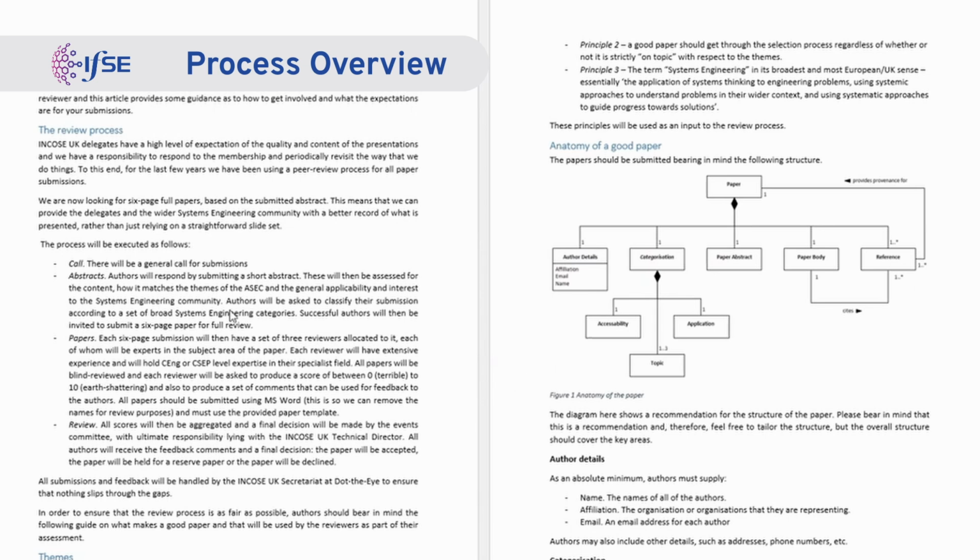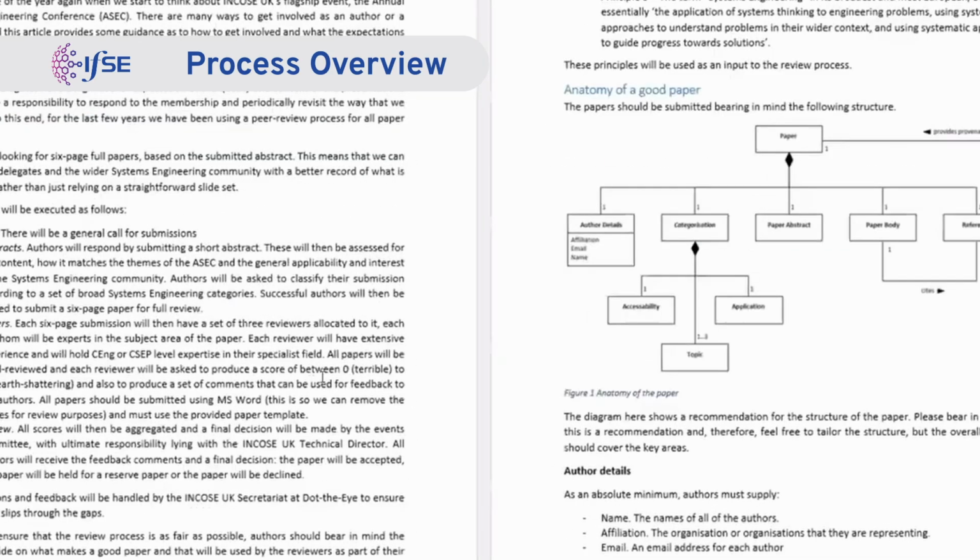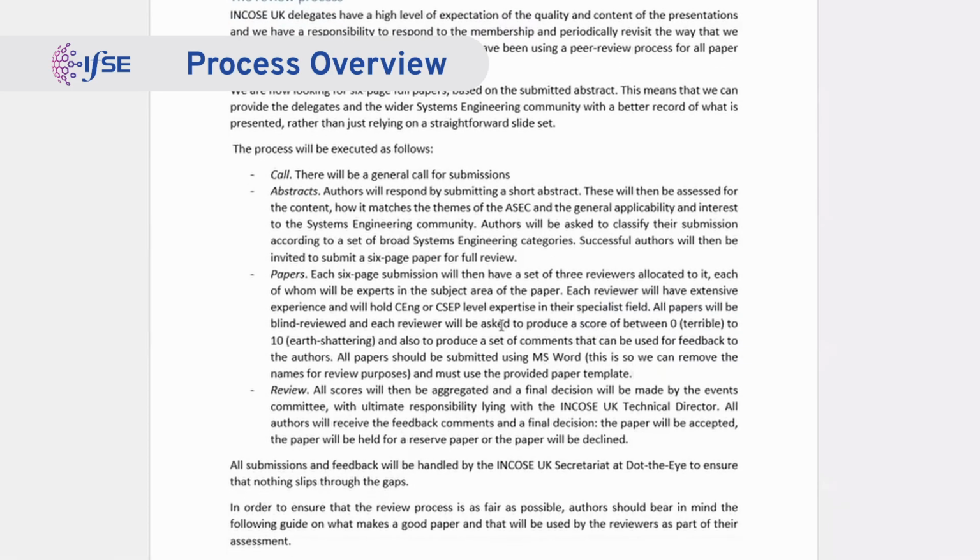So the thing I want to focus on to begin with is the general order of things we can see here on this page. Basically, we've had the call that went out a week or so ago, and authors respond by submitting a short abstract. The abstract, generally speaking, as long as you stick to the criteria of between 200 and 300 words, and it is related to systems engineering, you will be invited to submit a full paper. There aren't many abstracts that actually get rejected at that level, so it's really just a filter to make sure that they're appropriate for the conference, to be quite honest. So the vast majority of the abstracts get in.